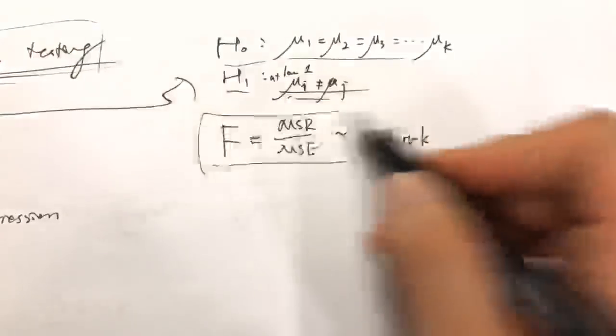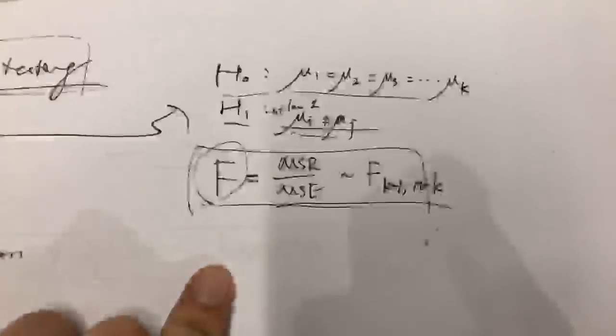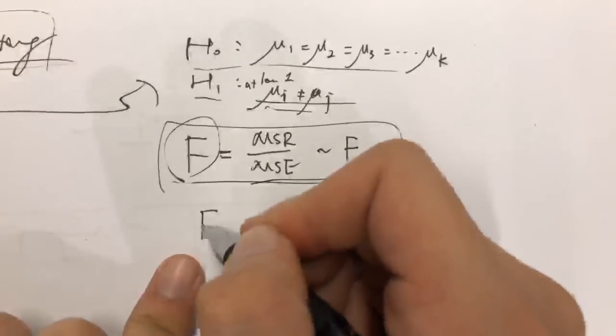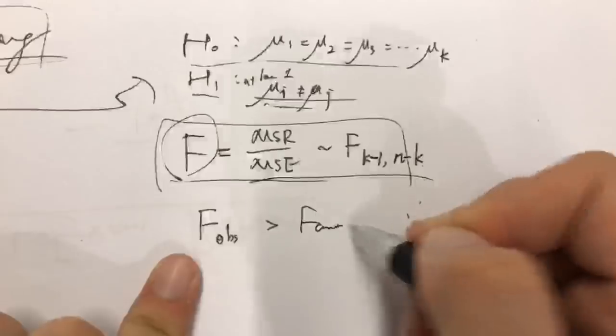Okay, sorry about that. Let's go back and see our ANOVA test. Therefore, we got the F statistic as MSR divided by MSE, and the decision rule is if your observed F is greater than the critical value, which is...